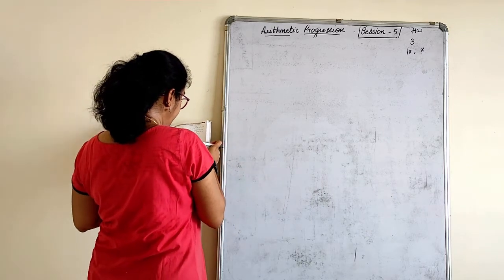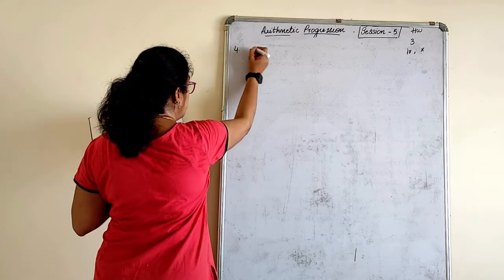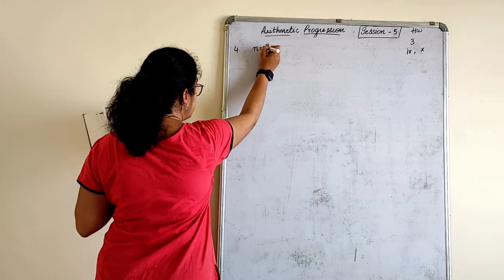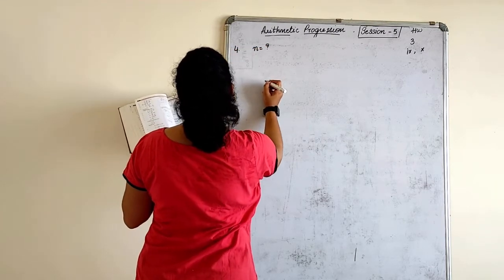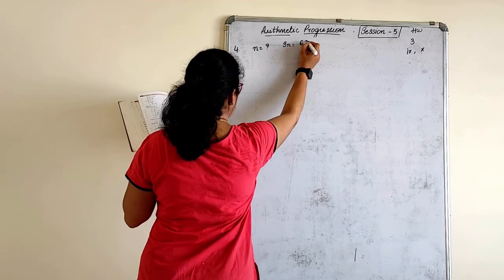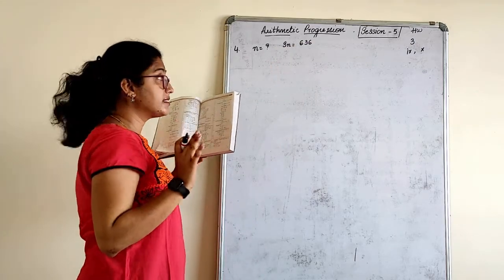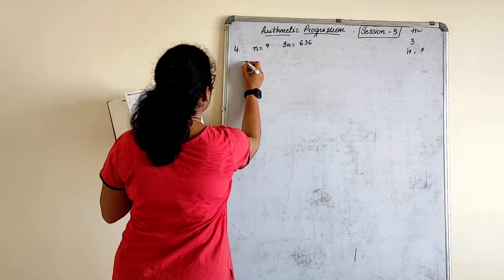How many terms of AP? Now when we read the question only we need to understand what they are asking. How many terms of AP, n is equal to question mark, must be taken to give a sum of 636? So how many terms should I take so that the sum is 636? Sn. What is the AP?